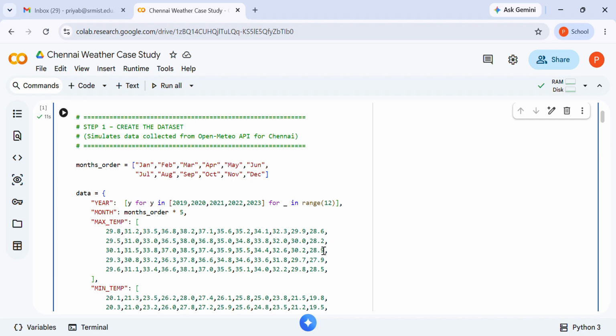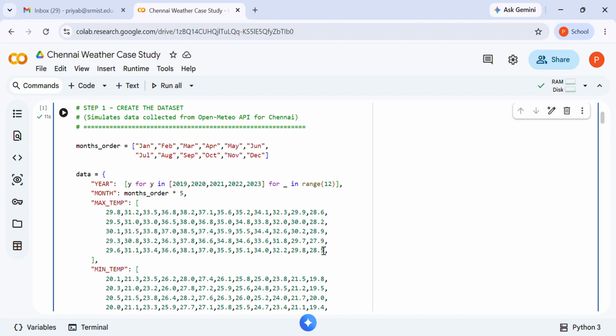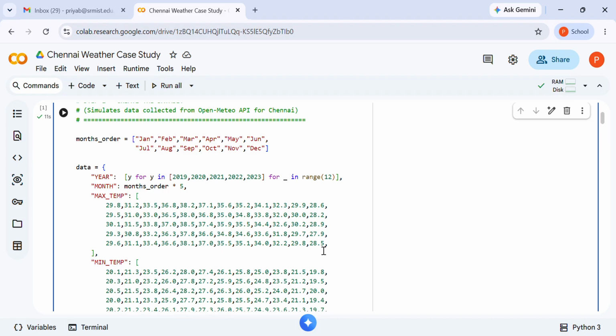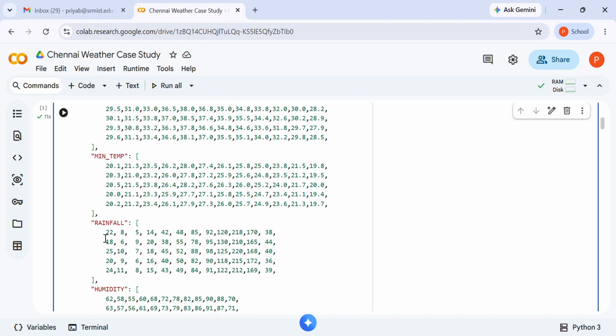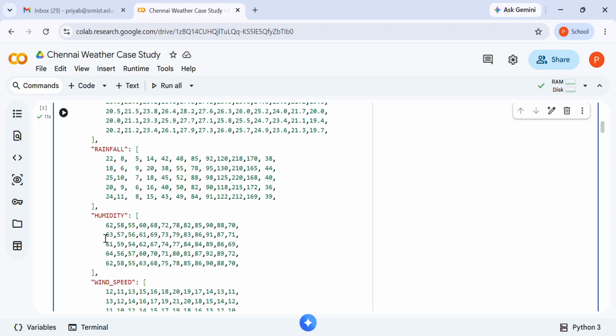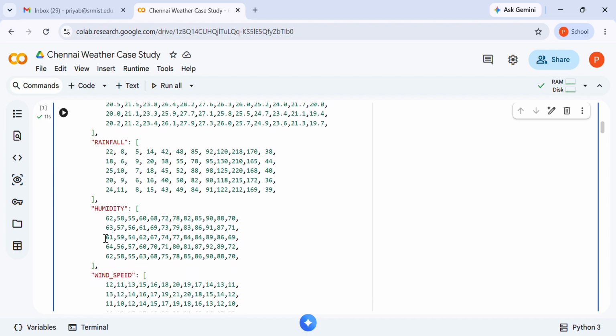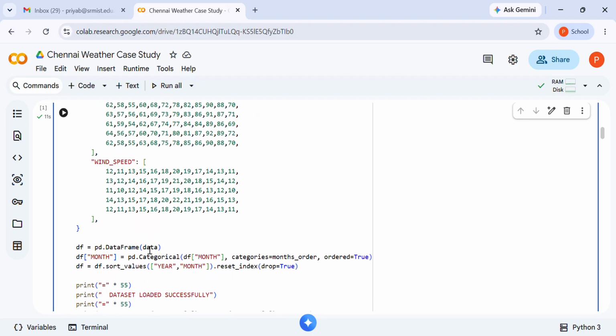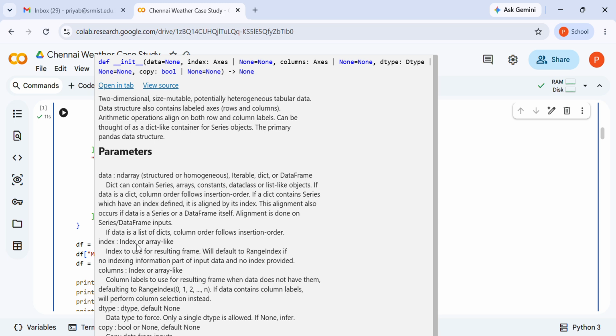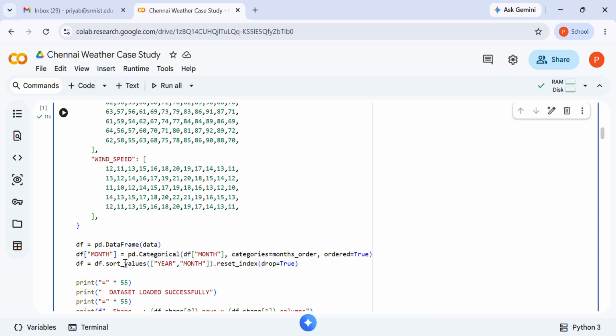This section generates a synthetic data set resembling the Chennai weather data. It defines the list of months and then creates a dictionary containing the data for year, month, maximum temperature, minimum temperature, rainfall, humidity, wind speed for 5 years. This dictionary is then converted into a pandas data frame.